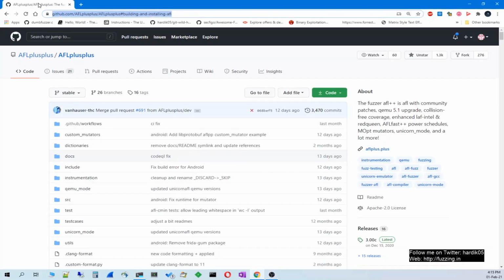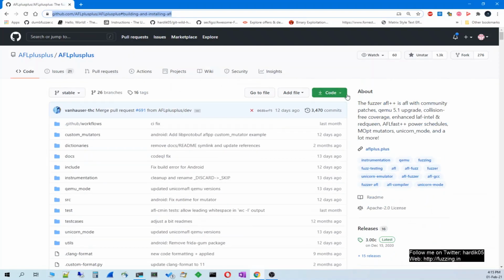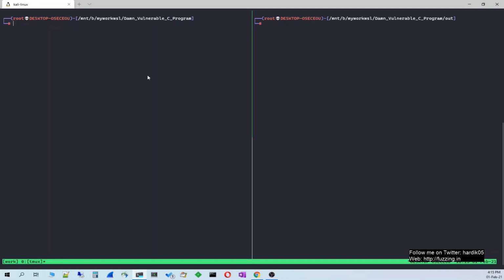and this is the URL for AFL++, that is github.com/AFLplusplus, and when you open this site you can see the repo over here. So what you need to do is simply click on the code button, copy the repo URL, and then go to your system and simply do a git clone and the URL you have copied.